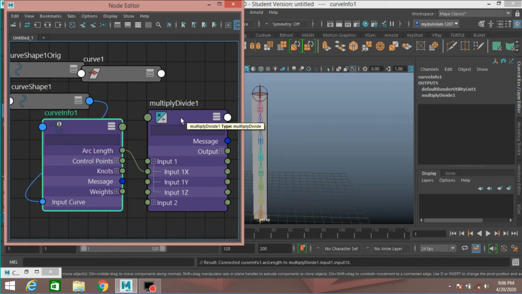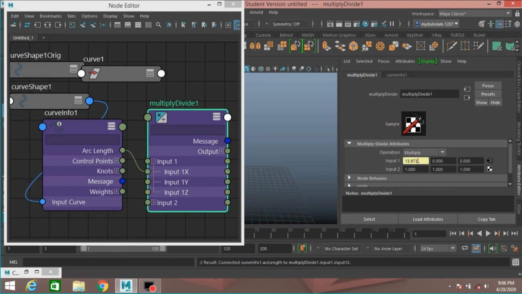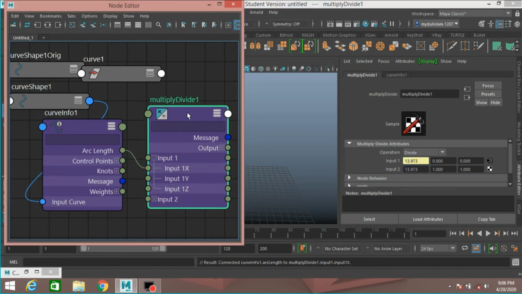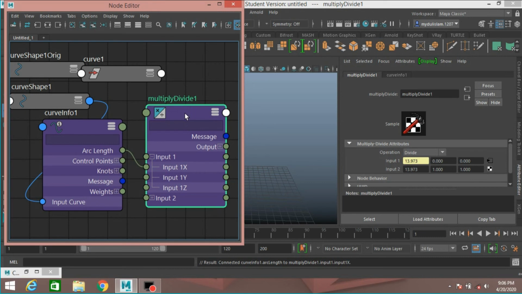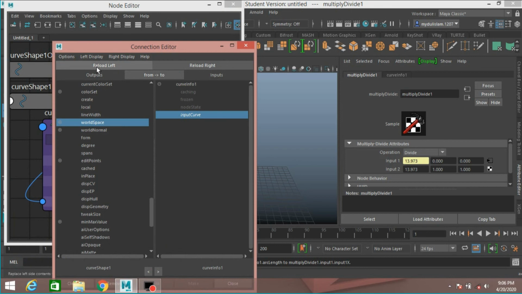Now select the multiply and divide node, go to attribute editor, operation, select here divide and input 1 value, just copy, Ctrl C to copy and Ctrl V and paste. Press enter. Now select the multiply and divide node. Again go to connection editor, click reload left